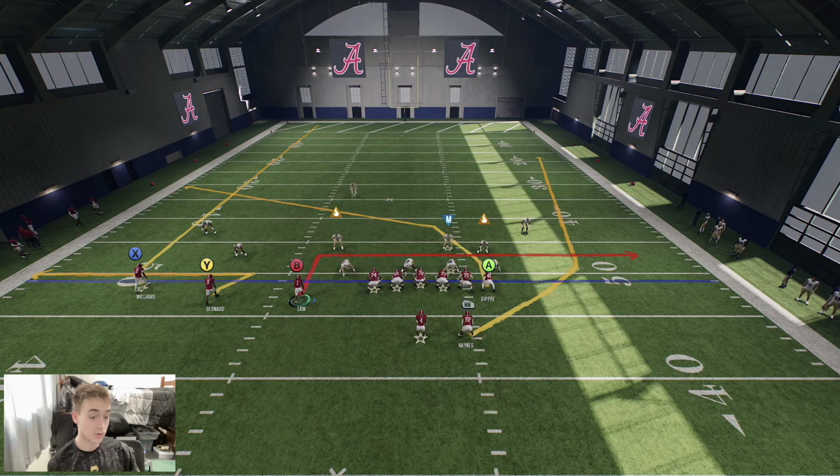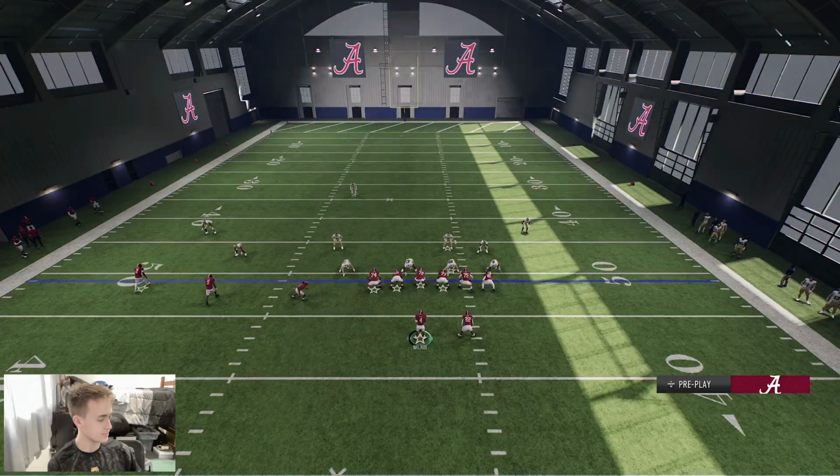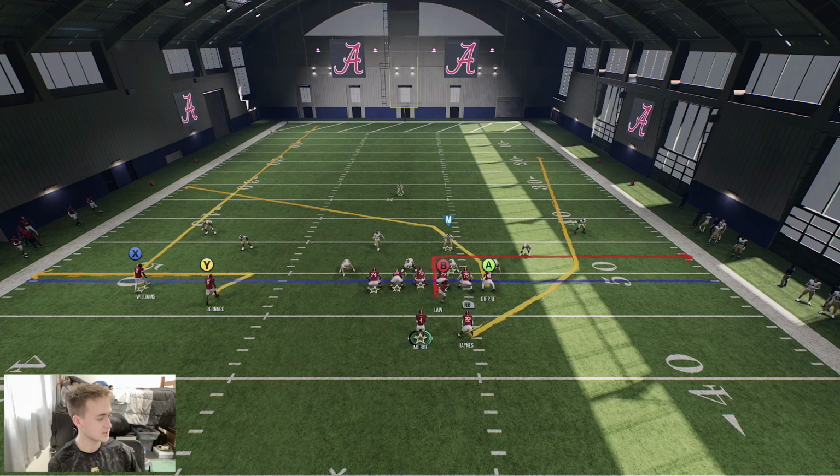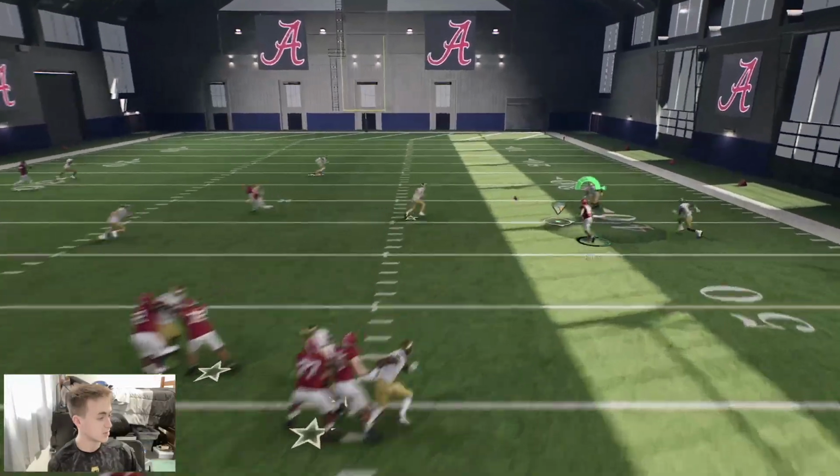Now when you motion that in route across, it's going to turn into an out route, and it's going to open up this wheel route with a little bit of spacing here. Then you have the zig crosser open as well. So we're going to motion him across. You see he's still going to stay kind of breaking over there,